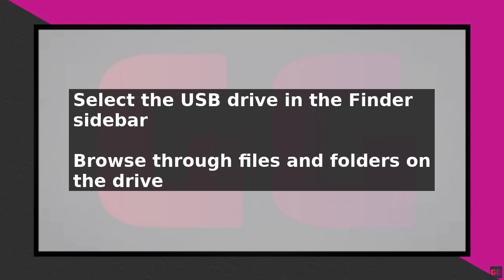folder on your MacBook. To eject the USB drive when you are finished using it, right-click on the drive in the sidebar and select Eject. You can also eject the drive by dragging it to the trash, which may seem counterintuitive, but it is a safe way to remove the drive from your MacBook.